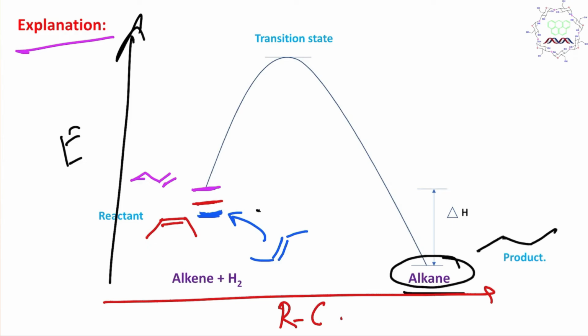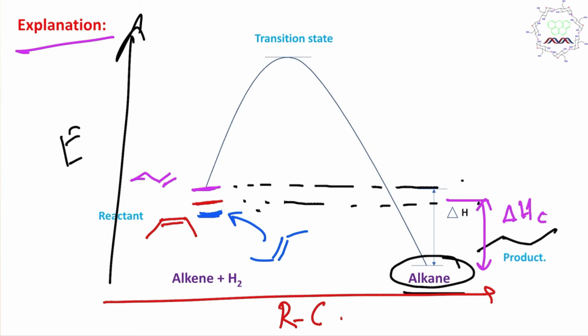So you can consider this is the difference for cis-2-butene, this is the difference, the delta H. For example, you can see cis, and the third one, this is delta